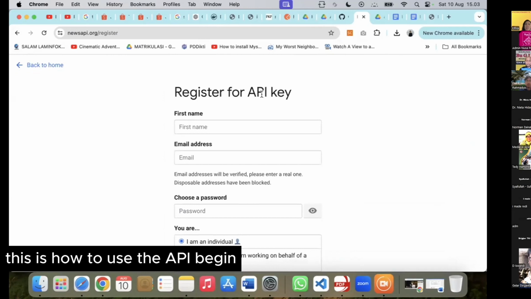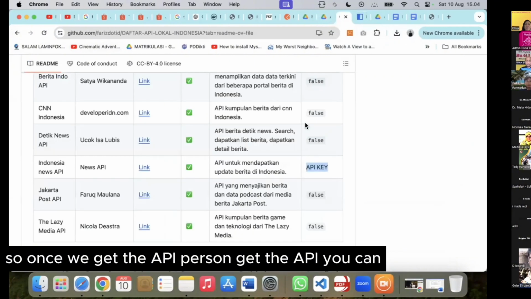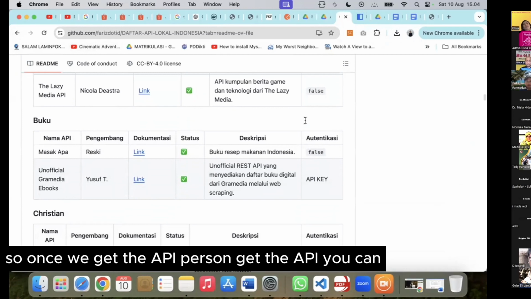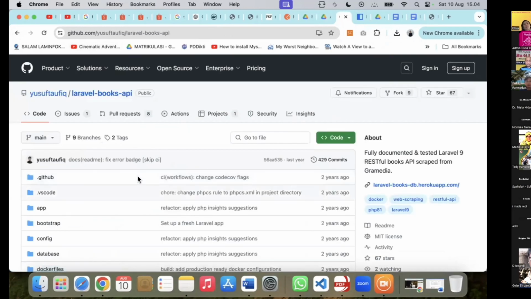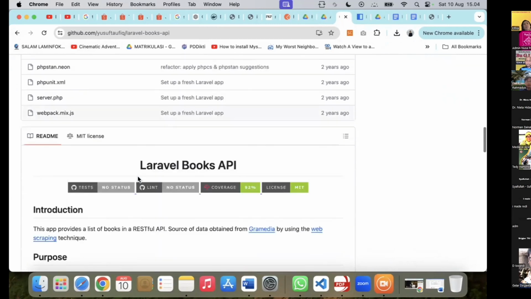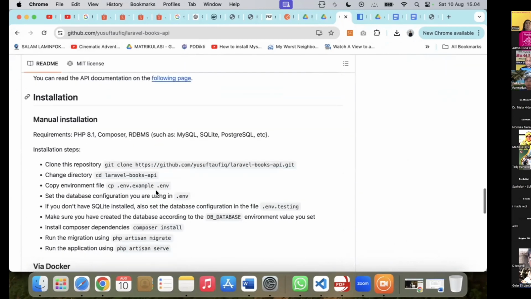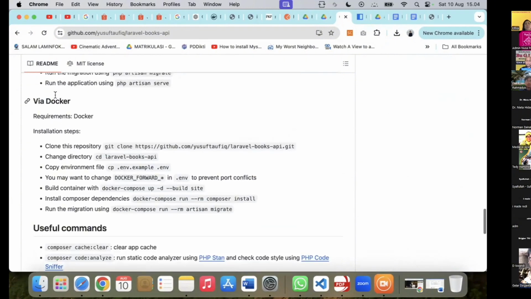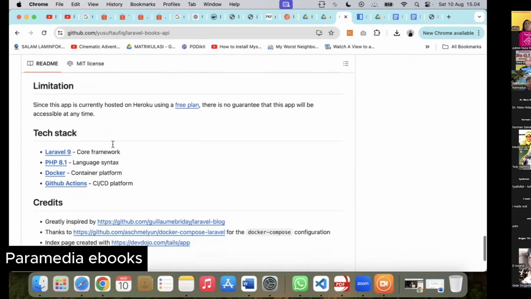This is how to use the API. Okay, so first we get the API, get the API. You can think we have to change again another one. Gramedia ebooks.